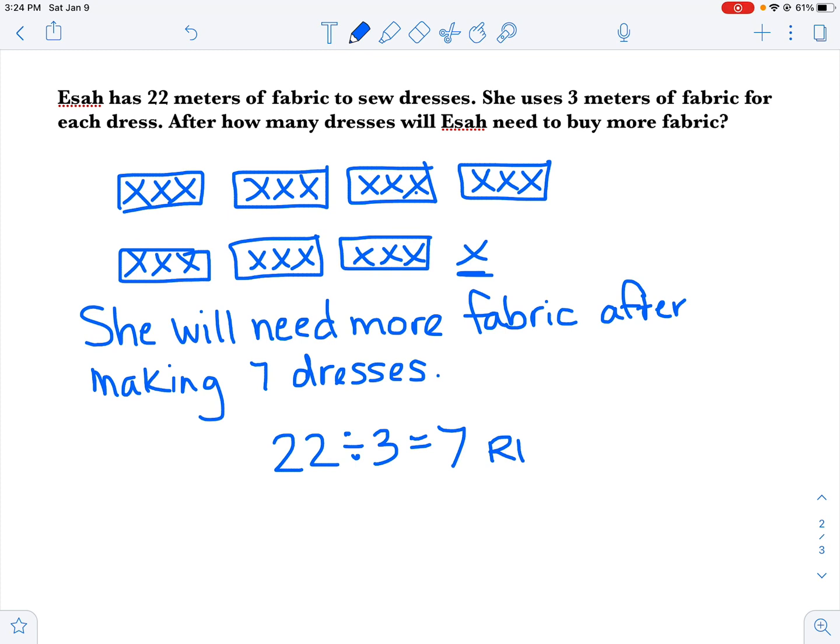So your job today is to go ahead and solve some division problems that are going to have remainders. Okay, you are going to choose, I believe, I'm just double checking really quickly, 2 of the problems to solve. So once again, you do not need to do all of them. Pick 2 and solve. Let me know if you need any help. Good luck and have